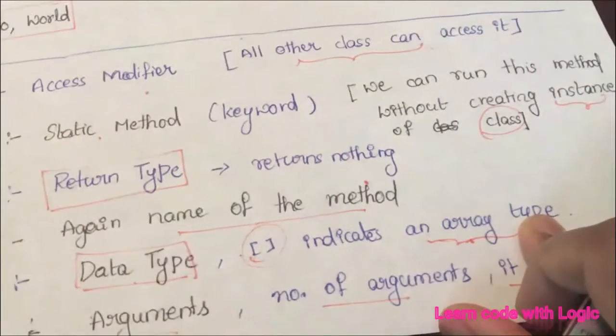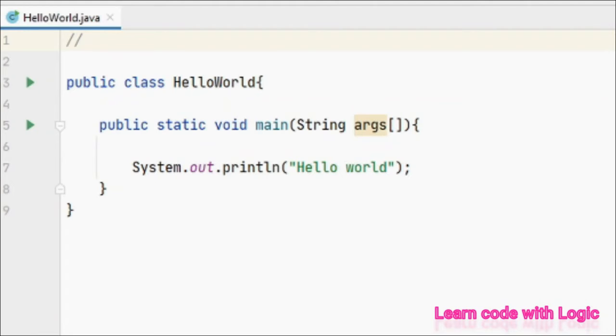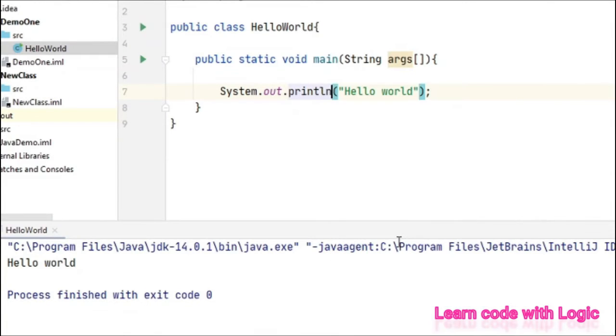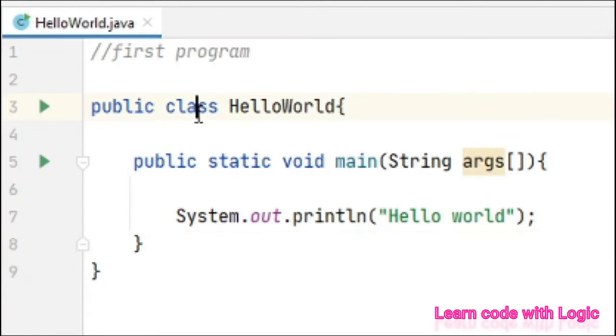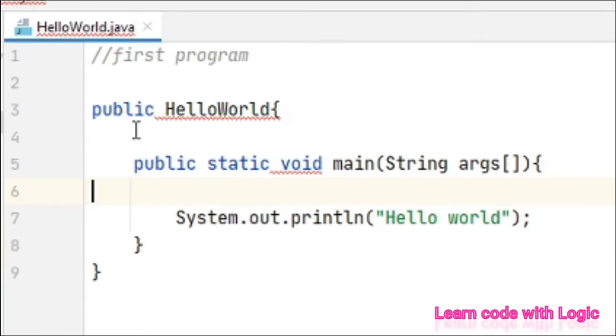Now it's time to understand the coding part as well. Let's move on. As we discussed so far, this is the first program in Java. If you run the code, it executes hello world, right? So what if you don't have any class here? It throws the compile time error, right?